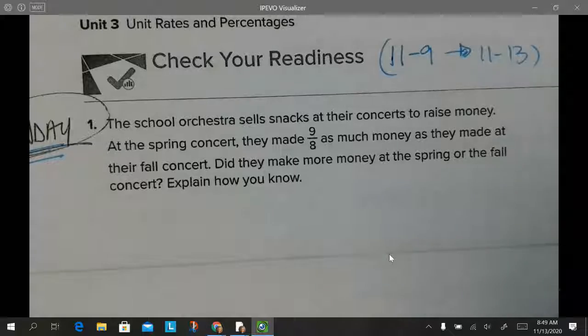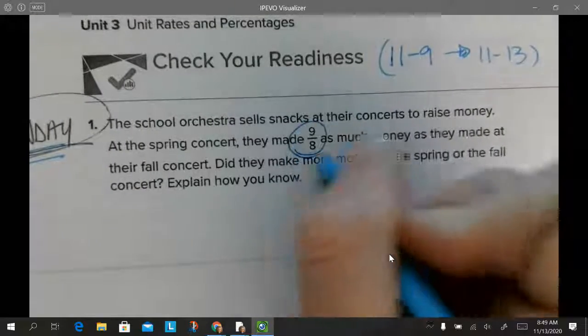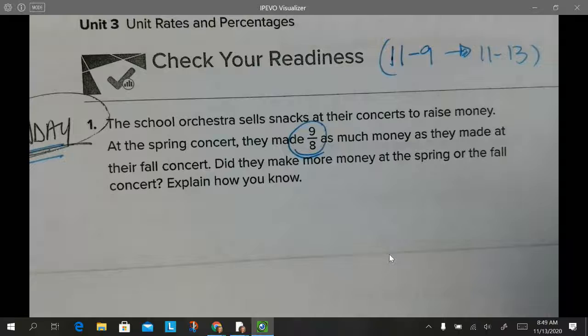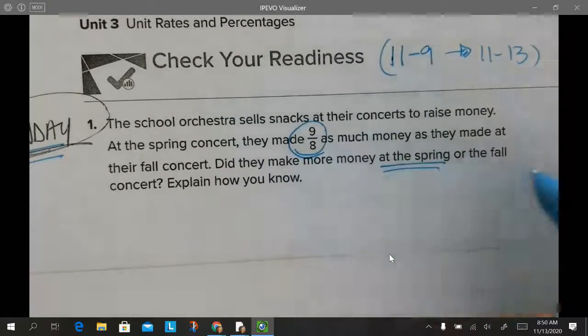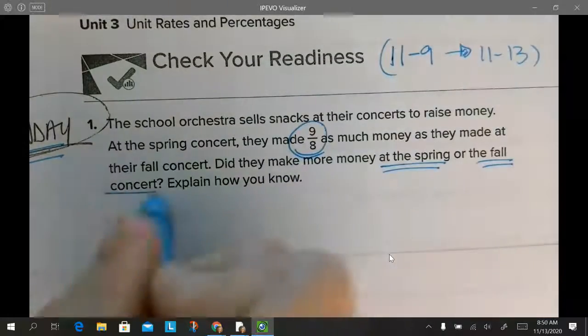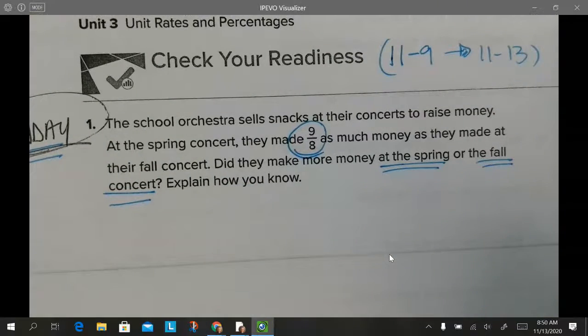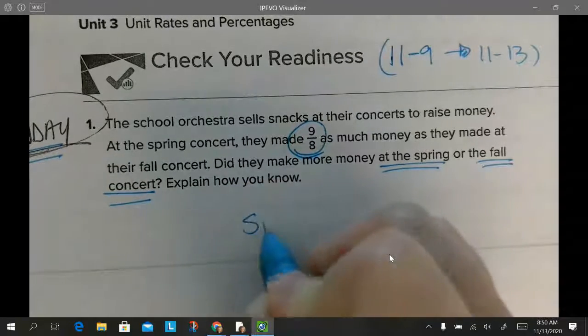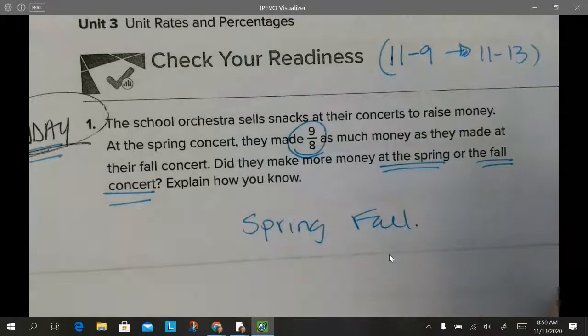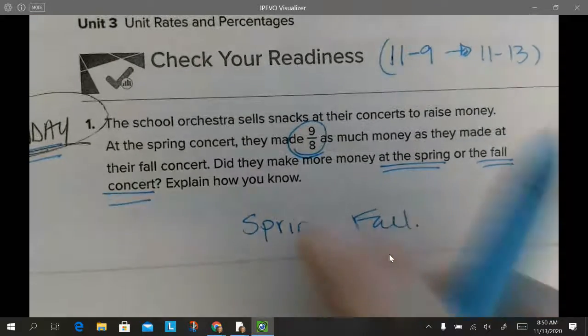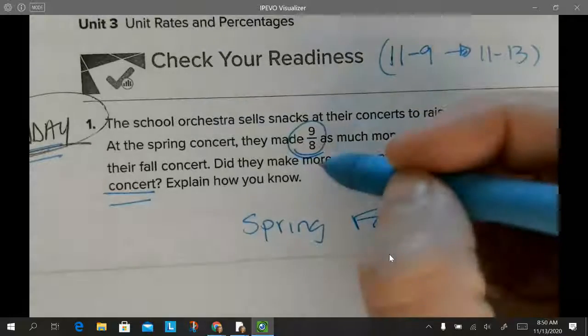money. At the spring concert, they made 9/8 as much money as they made at their fall concert. Now, did they make more money at the spring or at the fall concert? That's what they want to know. So did they make more money at the spring or at the fall concert? Okay, so we have to figure out spring or fall. Well, before we decide, we need to figure out what this